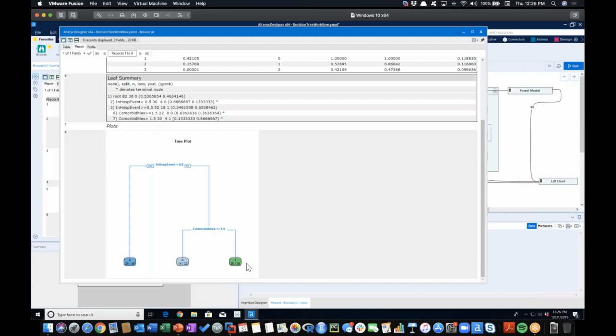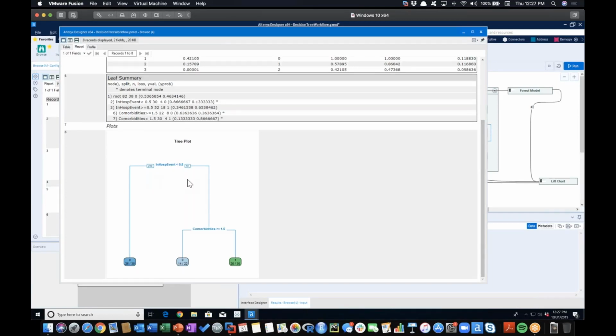Now, this may be counterintuitive to you. You may be thinking that if they had a lot of comorbidities, then there should be a greater likelihood of being readmitted. But actually, they're not, because we're looking at them with respect to whether or not they had this in-hospital